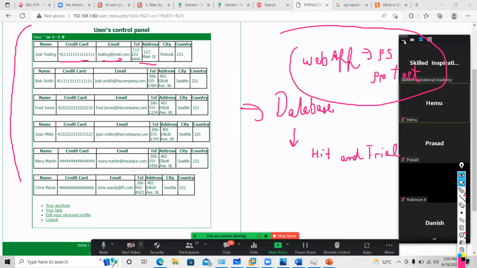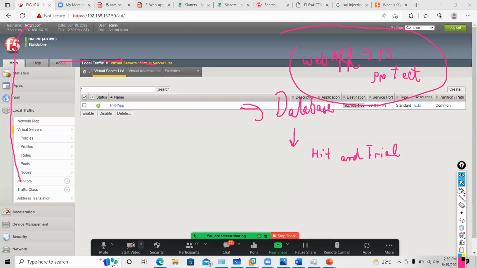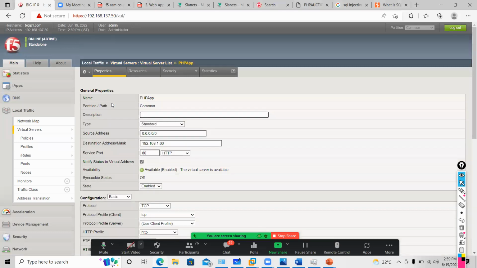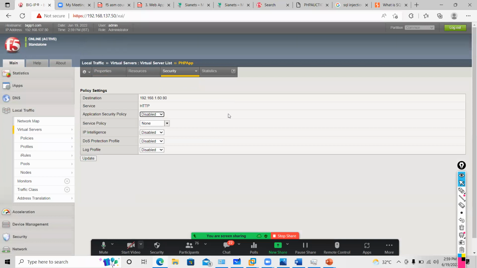Let's do the lab. I will go to my F5 ASM. I have a virtual server, and you can see one security policy here. So how will my traffic flow? My user will access my page at 192.168.1.60.